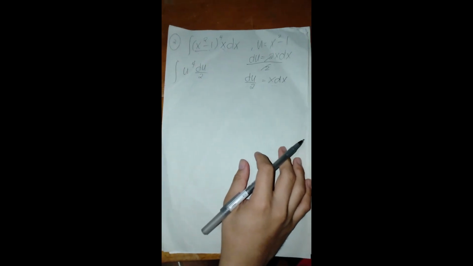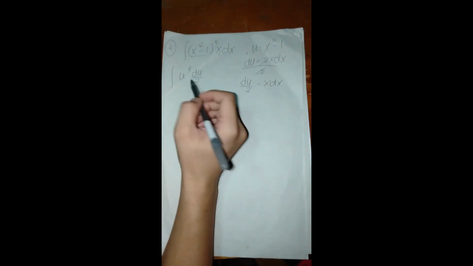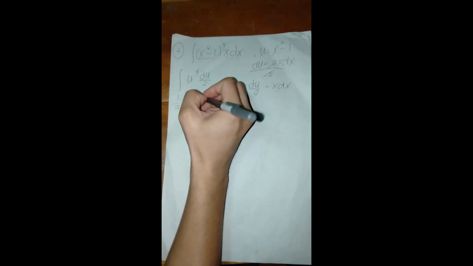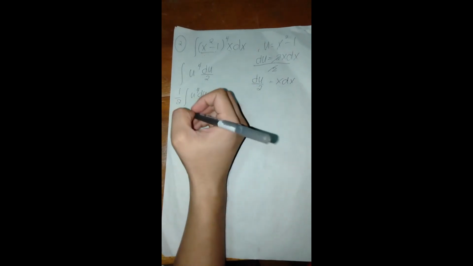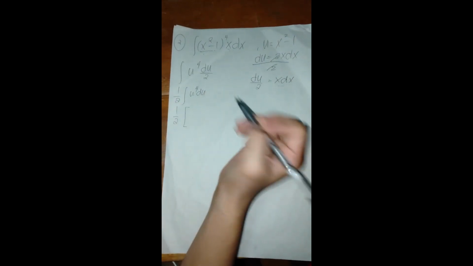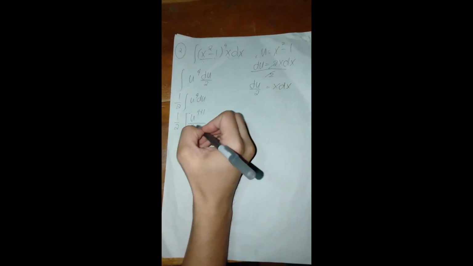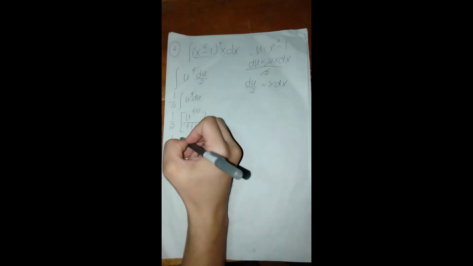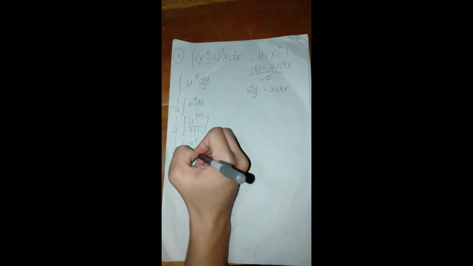Okay? If you notice, it's almost the same as our previous example. We can take out the constant, which is 1/2. So we have 1/2 integral of u to the 4th du. Right? Here it's just the power formula. So 1/2, bracket, u, 4 then plus 1, then whatever you added, divide by 4 plus 1. Then applying it, 1/2, u, 4 plus 1 is u to the 5 over 5